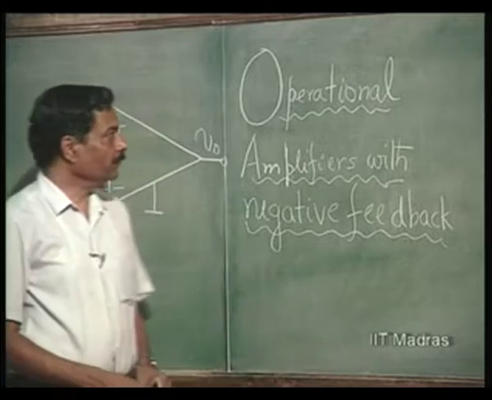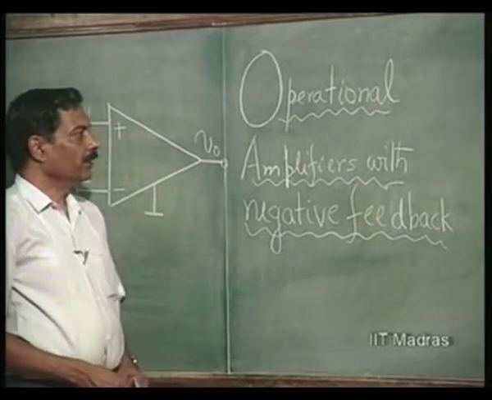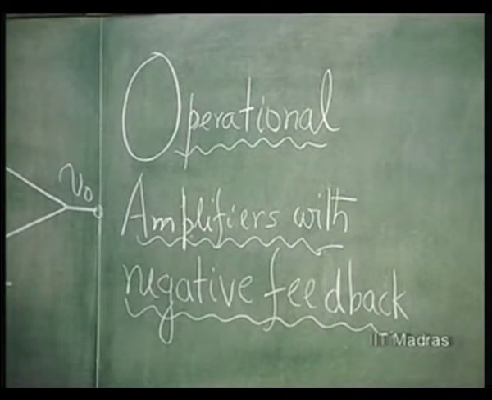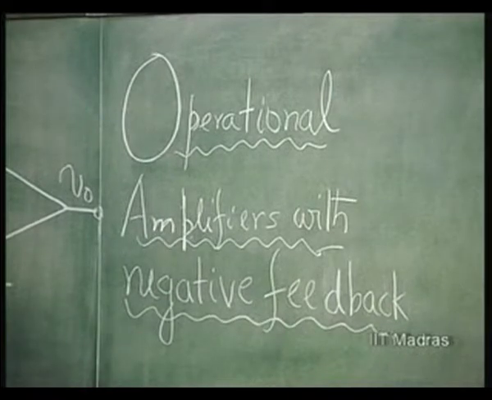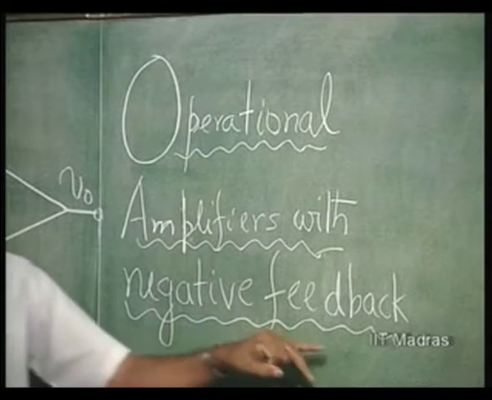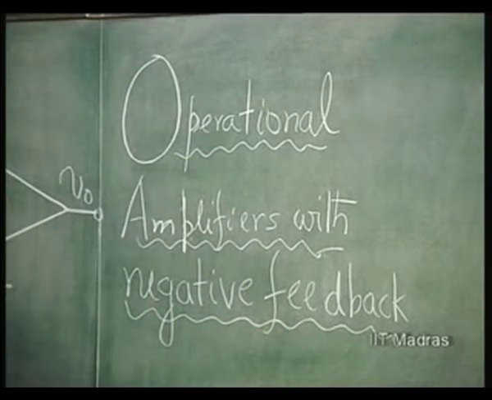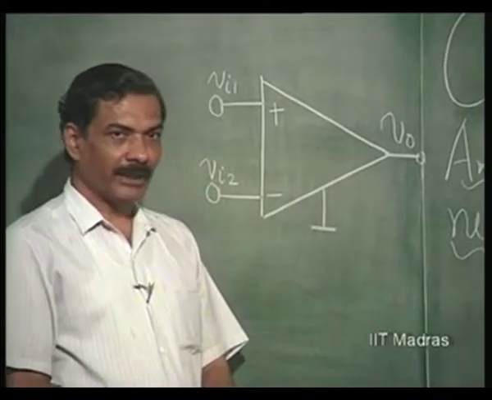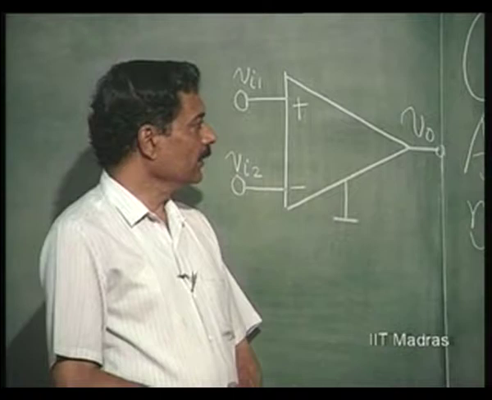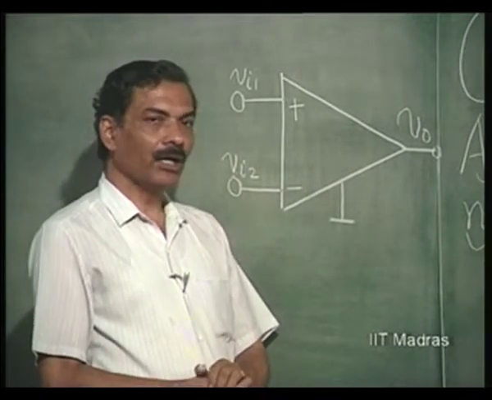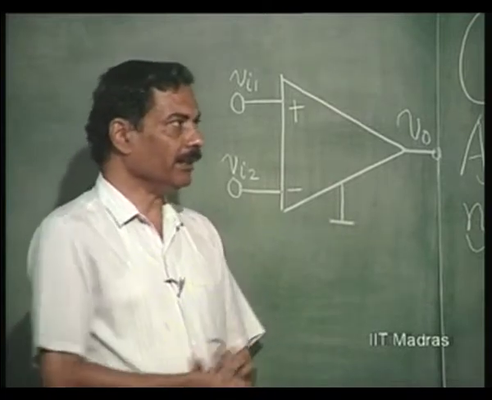Now, we will come to an important topic, operational amplifiers, which are amplifiers designed in such a manner that they are primarily used in negative feedback configuration. Right. So, operational amplifiers with negative feedback. This is the topic that we are going to discuss. We had seen in our previous lectures how we can build operational amplifiers, or the 4 types. And out of this, for the present discussion, we will consider operational voltage amplifier,